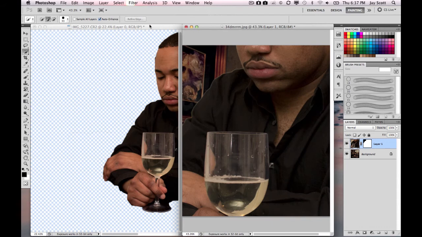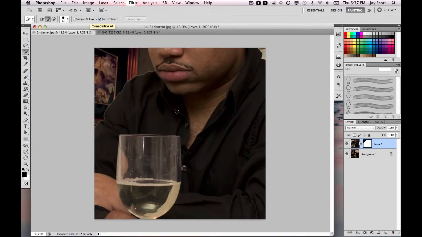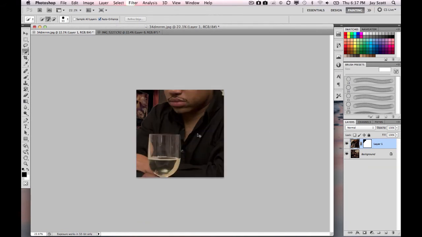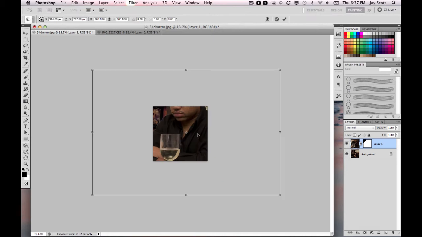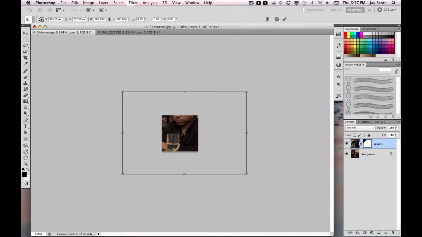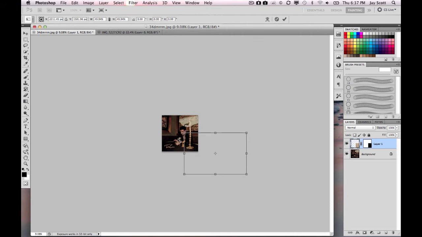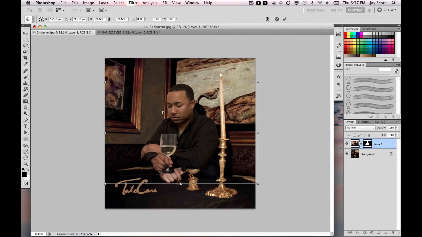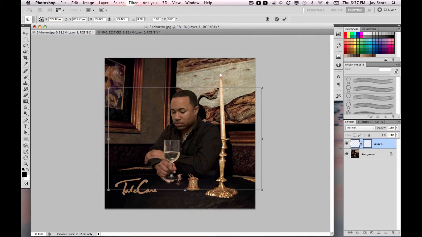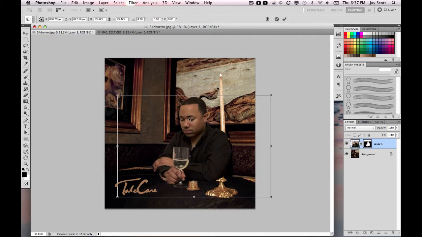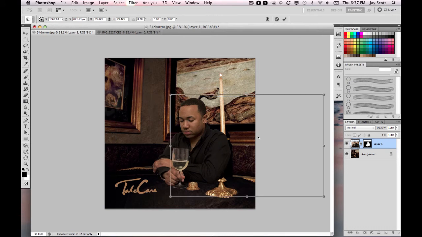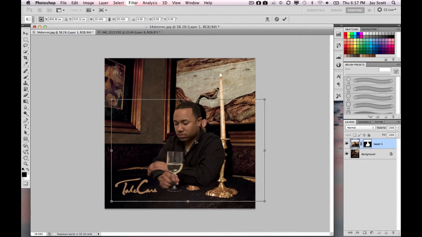Now, first problem you'll notice, it's too big because the image I took with an 18 megapixel Canon is super high resolution compared to this photo. This image here is only like 1500 by 1500, I believe. Okay, so here we have our photo. Let's just place it here. Now, first thing I'm doing is getting my alignment right, so try to put it in about the same position and